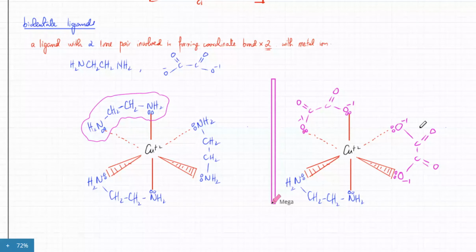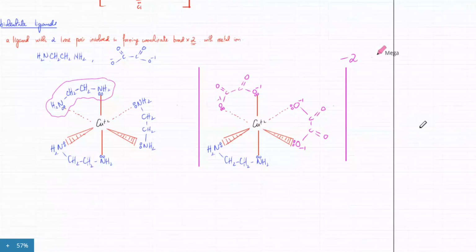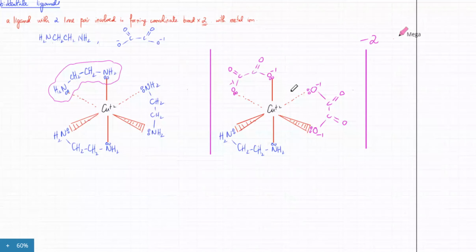Now, you just need to have a general idea of what a bidentate ligand is. So this entire thing, at the moment, is going to have a charge of -2. Why? Because of the -1, copper is +2, and this molecule is neutral. So if you add up the charges,